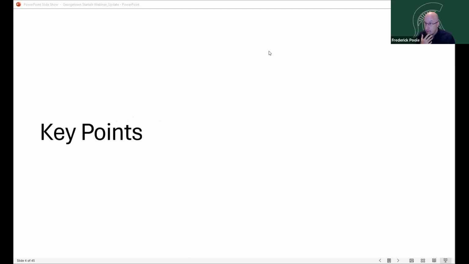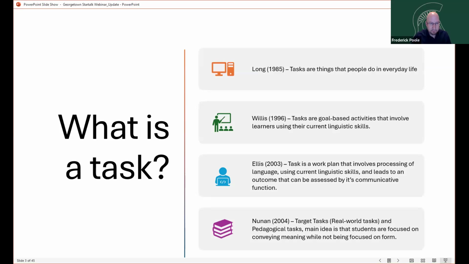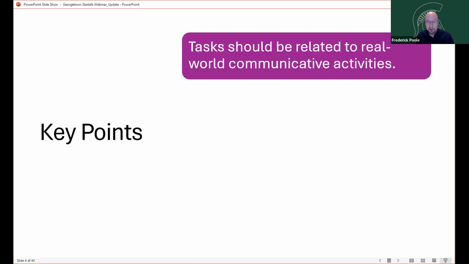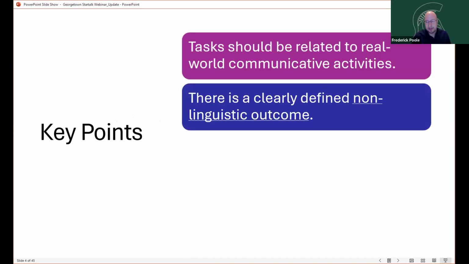Some of the key points that we need to remember about TBLT before diving into what AI can do for us is that the task should be related to real-world communicative activities. There's a clearly defined non-linguistic outcome to this task. And this is important because this, one, keeps a focus on meaning,